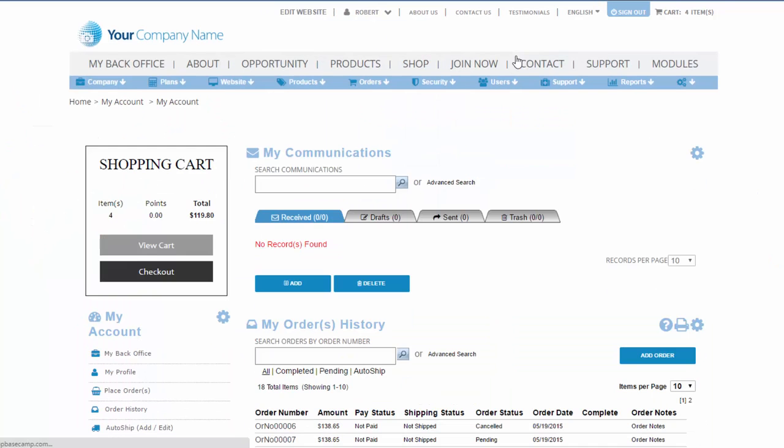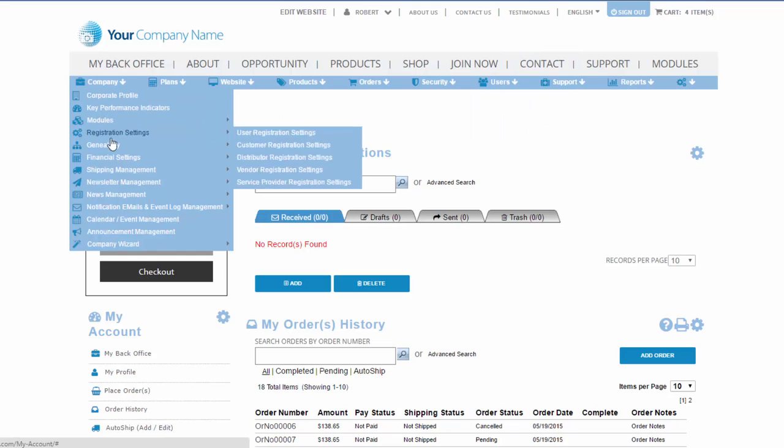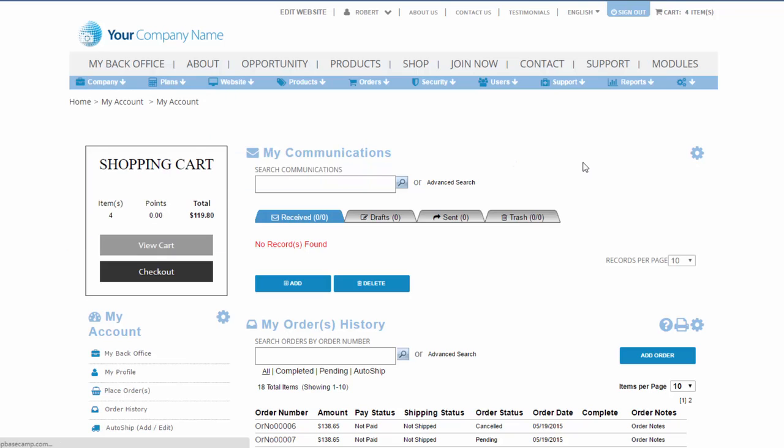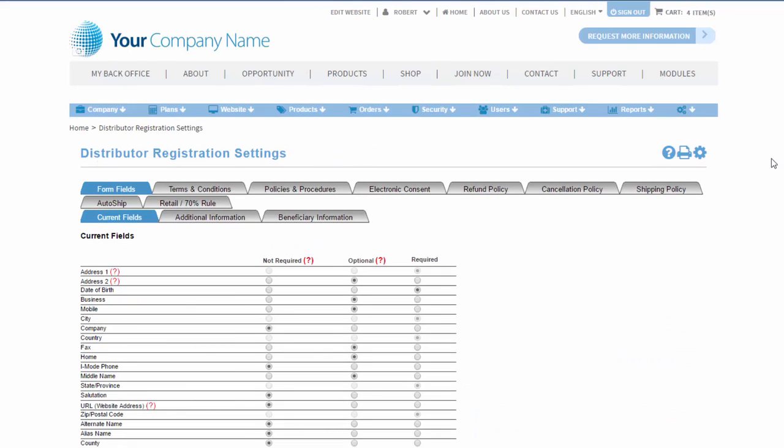Up until now, it was sufficient that when a distributor enrolled or a customer made a purchase to have policies and procedures, terms and conditions, maybe a privacy policy or a spam policy. These days, your merchant account provider, your attorney, and, as I mentioned earlier, the FTC and government agencies are looking for the information that you're collecting and that your customers and distributors are agreeing to when they're joining your company, buying your products